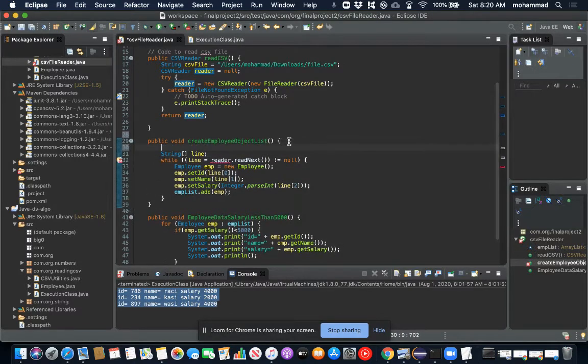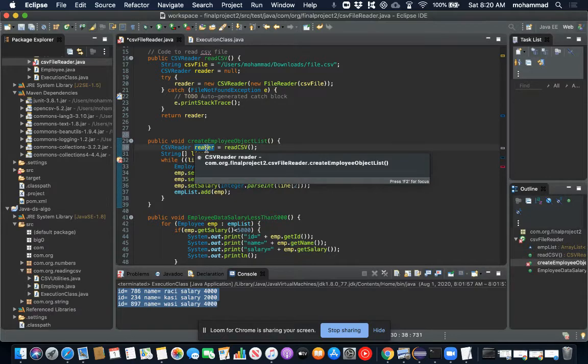So here what we need first is to call this function. If we call it, it is going to give us our data. So it returns the reader's file, and that reader is available here.